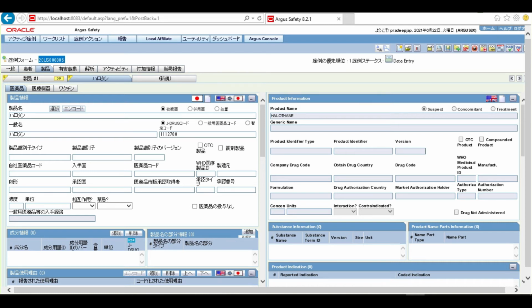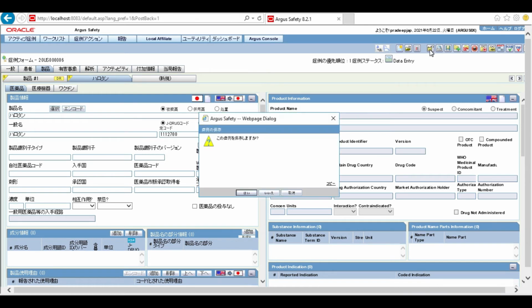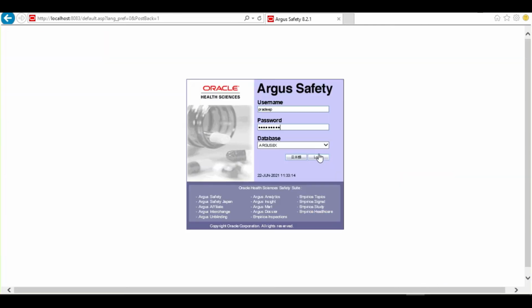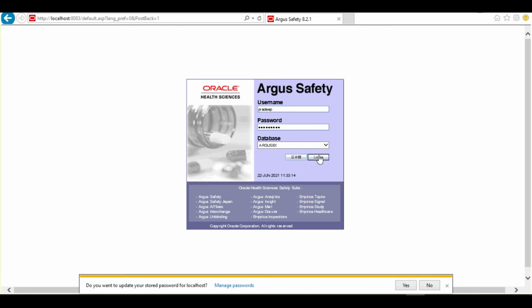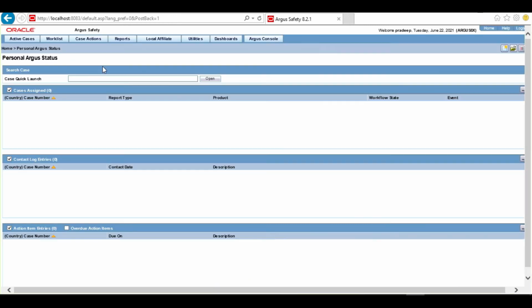So we will close this particular case and reopen it in English version, and we will try to encode this particular term from WHO Drug Dictionary. So let's close this case. Let's log into the application. We have the case number handy. We are going to click on open.